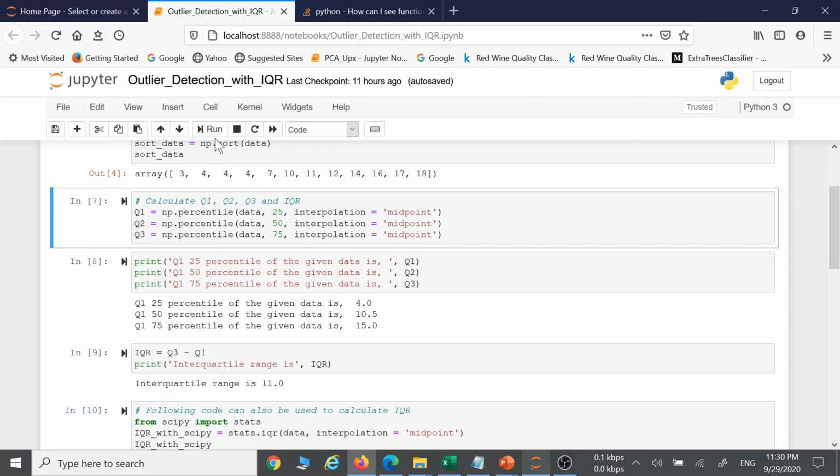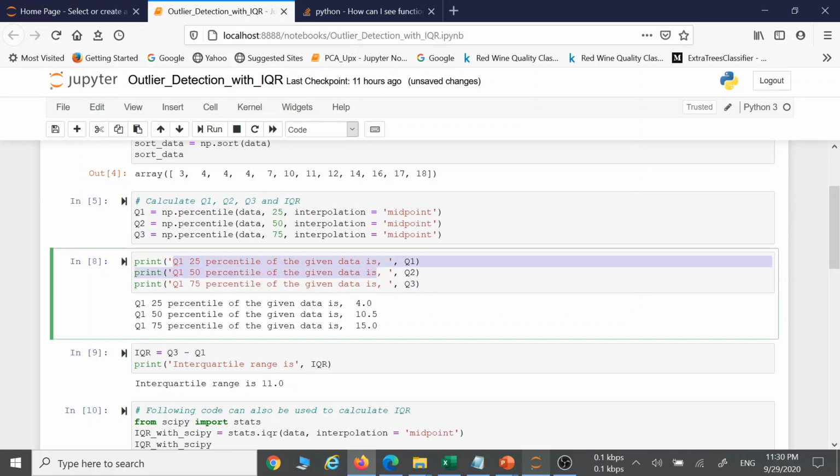If I run this, you will get the output. To print, you can directly use print of Q1 and you will get this. But if you want some text for better interpretation, you can use this particular way. There are many ways, you can check on Google.